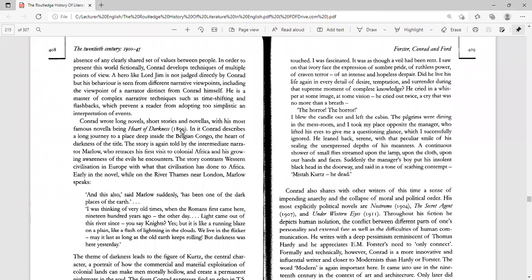Conrad describes a long journey to a place deep inside the Belgian Congo. And that is a journey from Europe or Belgium to the inner core of Africa. From the modern world to the primitive world, from the world of enlightenment to the world of darkness, from the world of morals, civilization, and culture to the world of